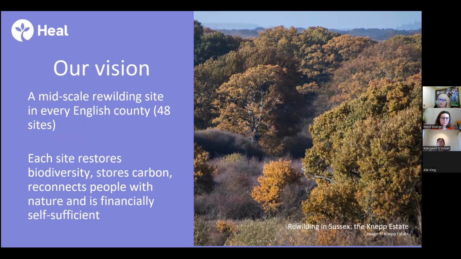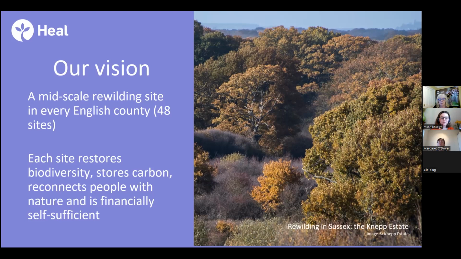But I'm one of the co-founders, and when we were coming up with the idea of HEAL, we thought of the National Trust, which was started by a few ladies, probably with hats and nice cups of tea, who decided that they would set something up by saving a house. Same with the RSPB. They were small groups that started, and they're still going, and they've achieved amazing things. So we had a really big vision, which is inspiring.